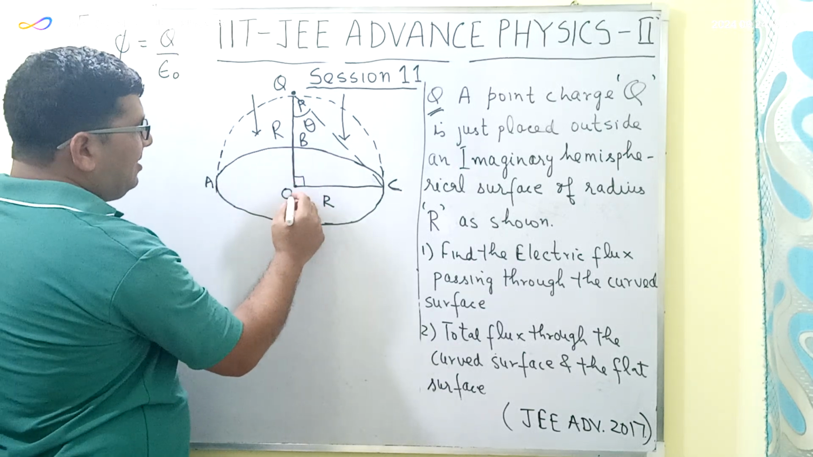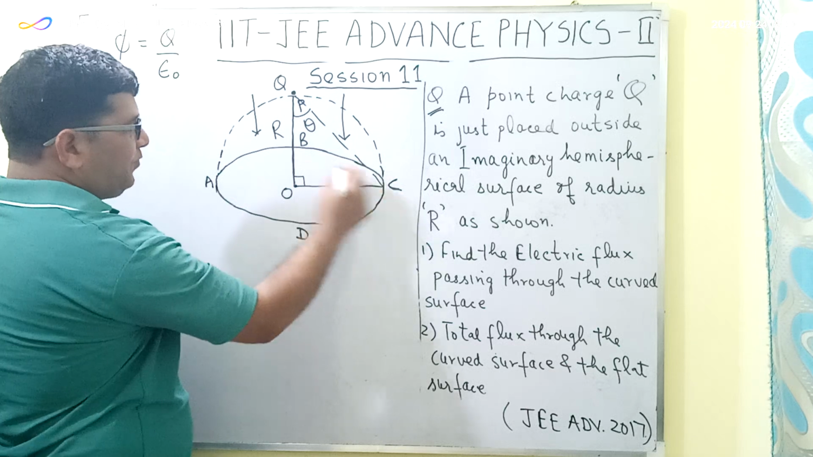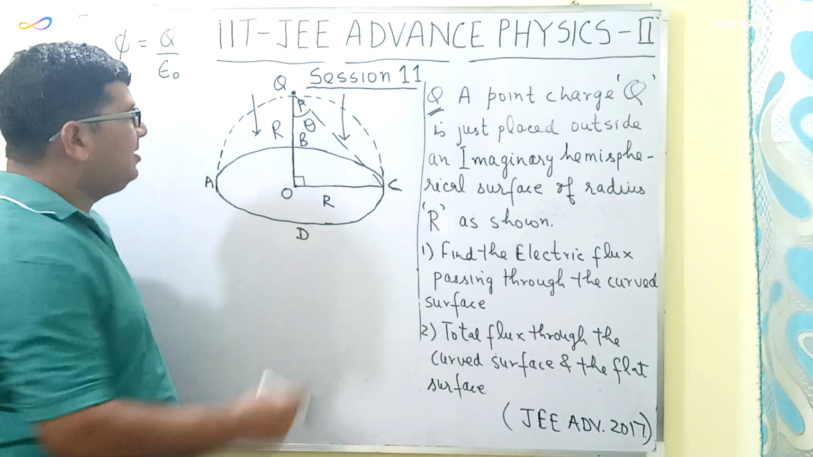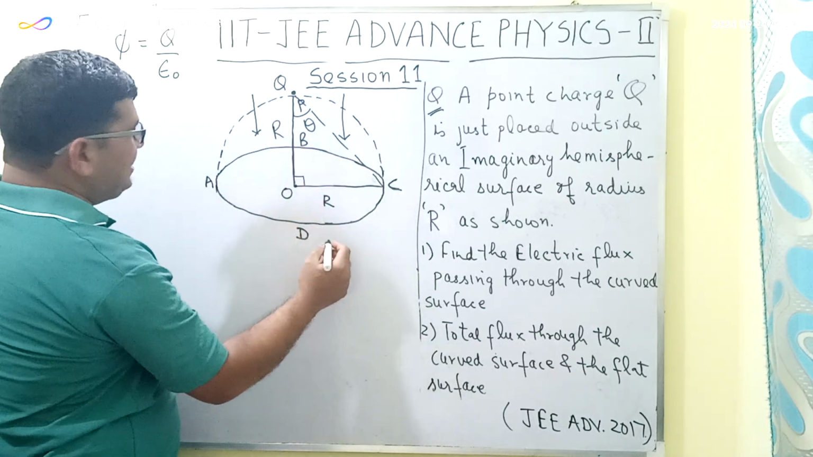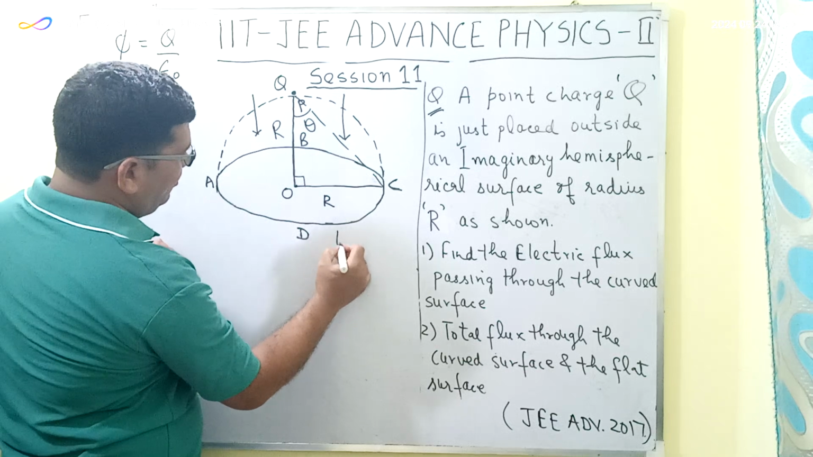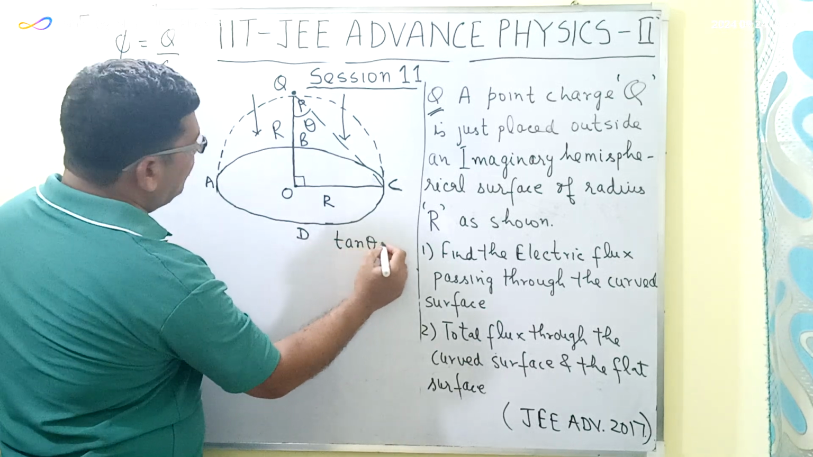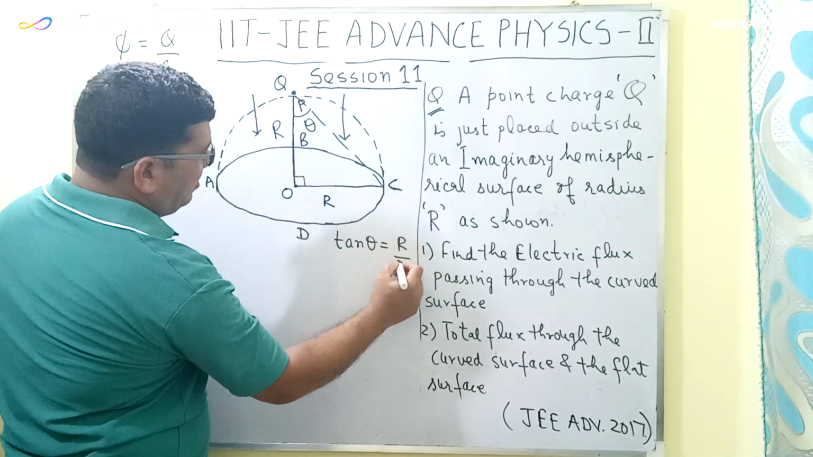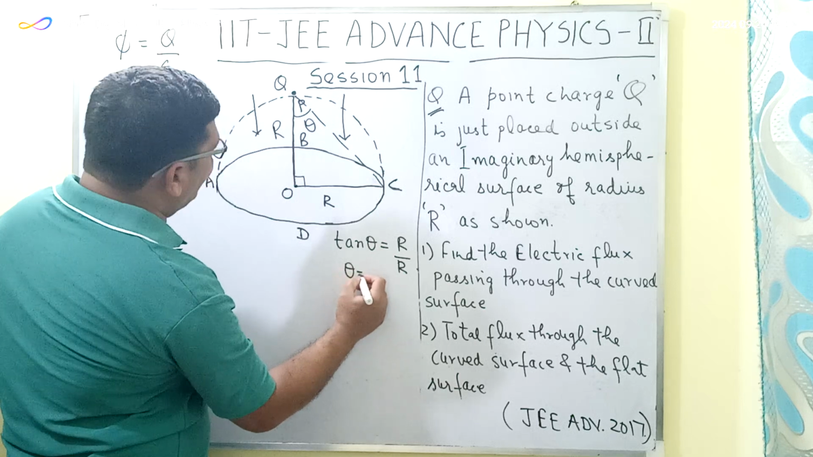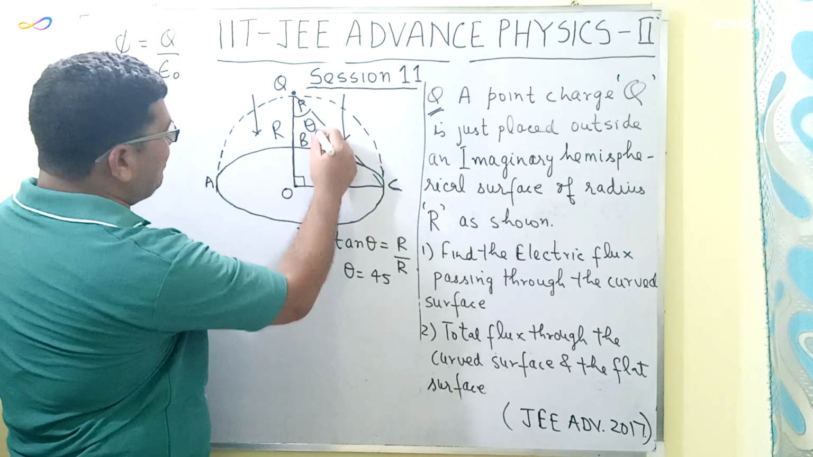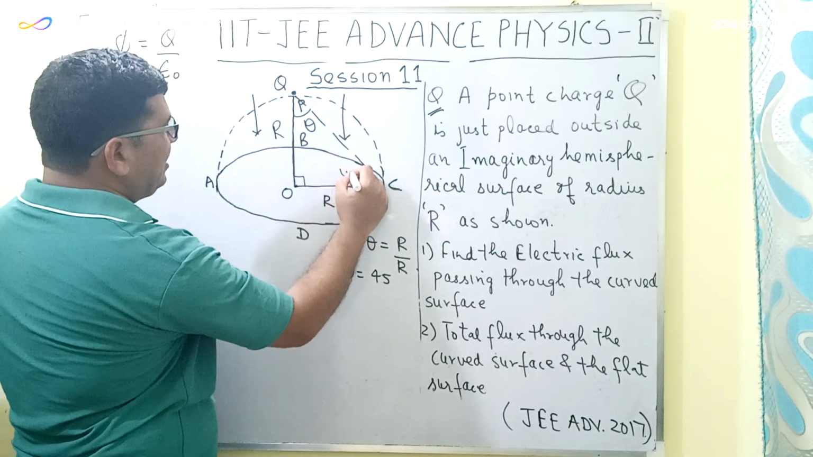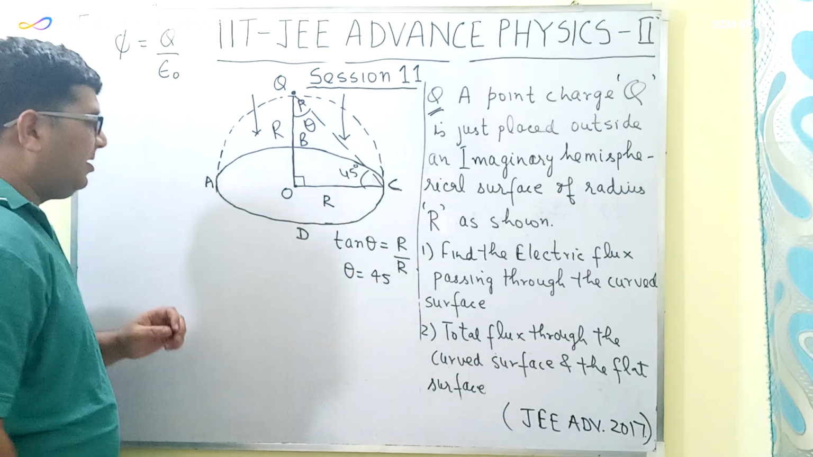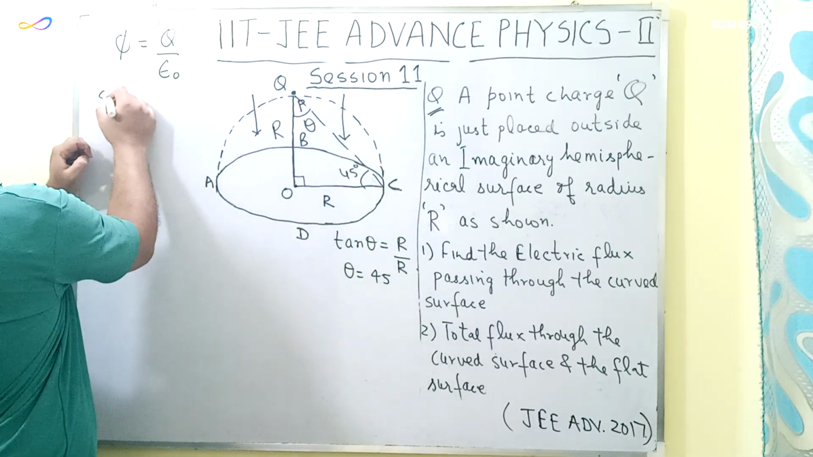is r. So the radius of this flat surface will also be equal to r. So tan theta will be equal to r upon r, or we can say that theta will be equal to 45 degree. So this angle will be equal to 45 degree, and this angle will also be equal to 45 degree. Now we know that the solid angle